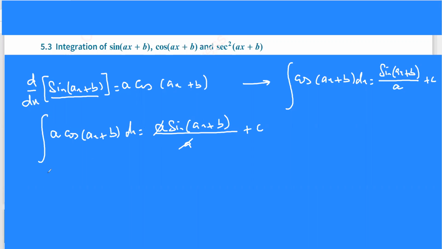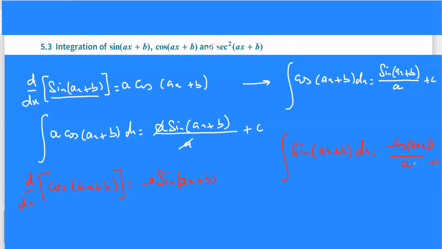Then we have the derivative of cos of ax plus b. So the derivative of cos of ax plus b is minus sine ax plus b times a. So if you integrate the sine of ax plus b, you get minus cos of ax plus b over a